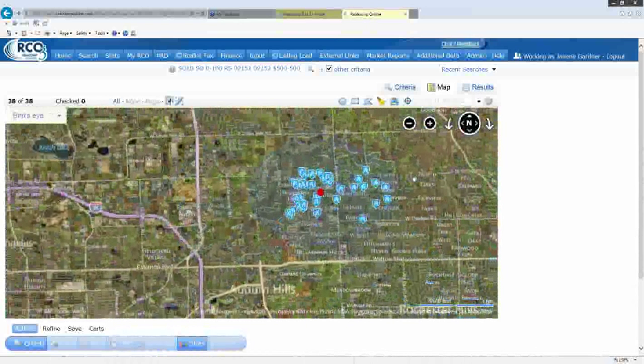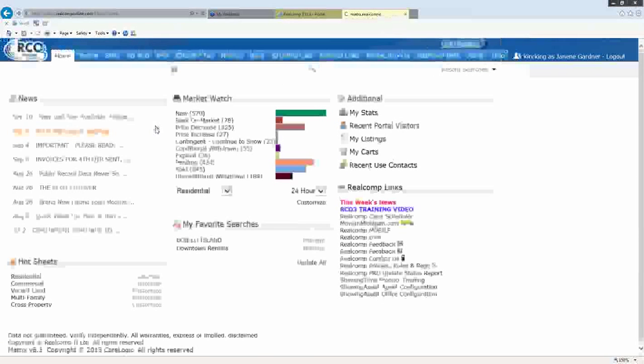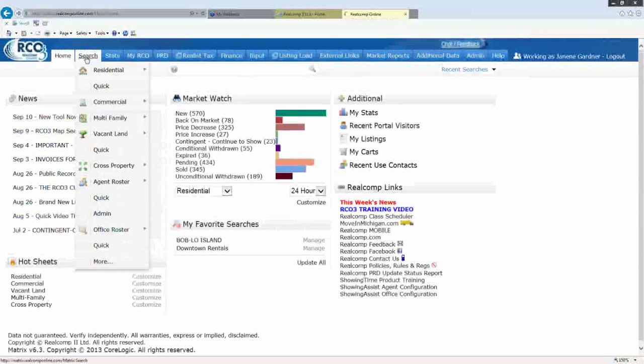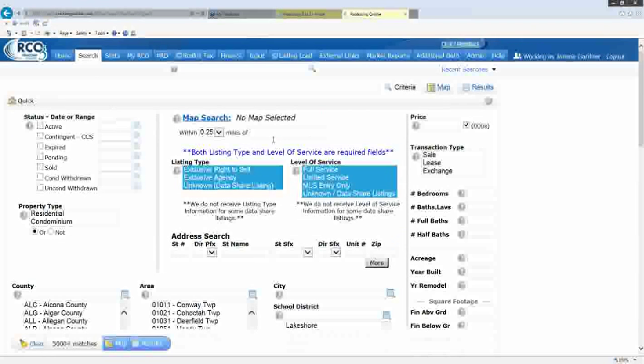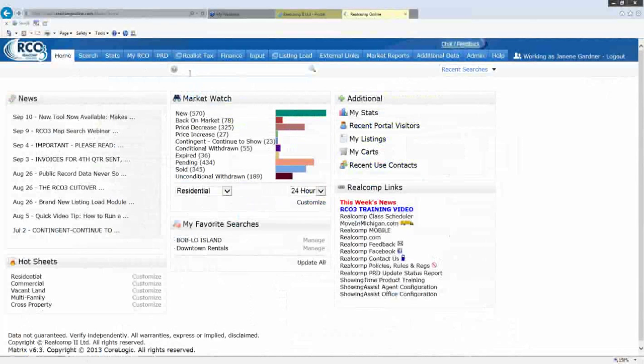Here's one more example. I'm going to go ahead and click back on the home page once again. And again, with very little basic criteria, I'm going to lock in on a certain area utilizing the map. Now, once again, I could go to search, pick my search, and then type in a subject property if I have one, but maybe I don't. Perhaps I just have an area that I'm focusing in on. So again, that's where the speed bar will come in handy. So I can click on the speed bar,